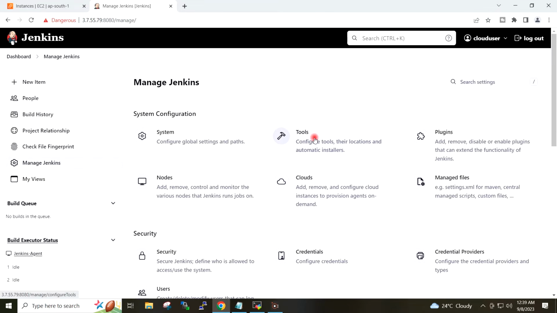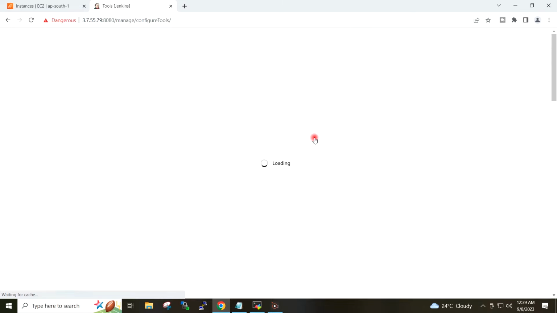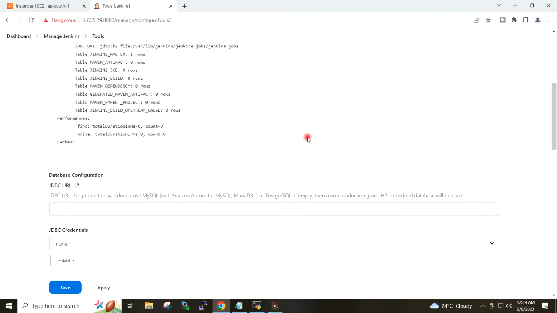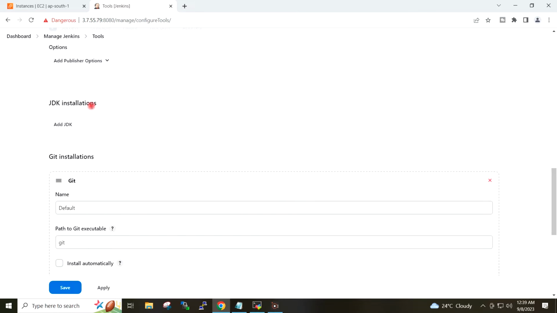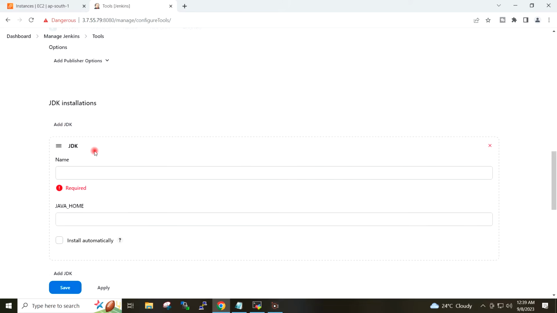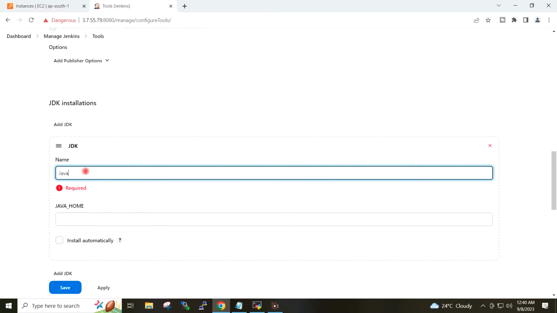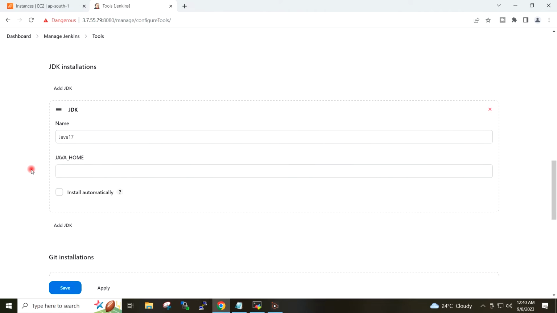I will again go to tools, and this time I will go to JDK installations, add JDK, and name I will give Java 17. This name again will be recalled in the pipeline script.